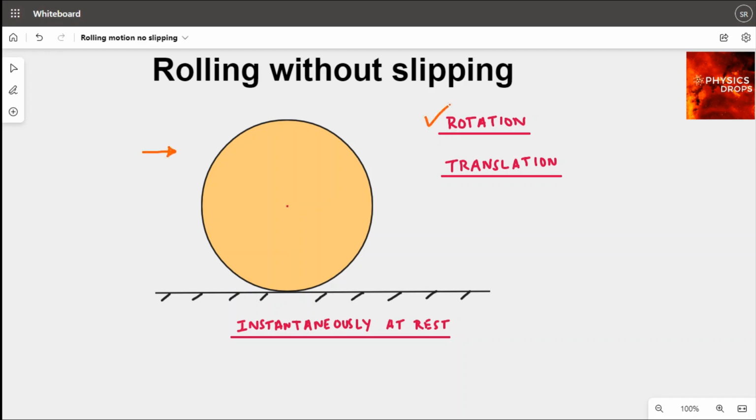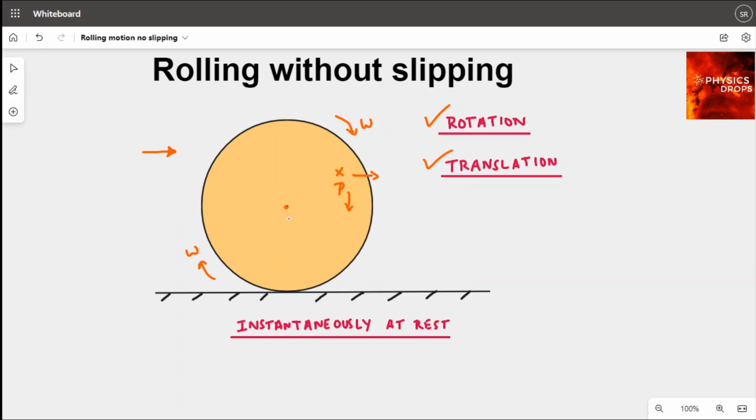One is rotational motion because it rotates with an angular velocity, let's say omega, as shown here. And it also moves forward. Every point on the disk, let's take this point P, rotates and moves forward. So there is a rotation and translation both happening, and the translation goes forward with the velocity which is equal